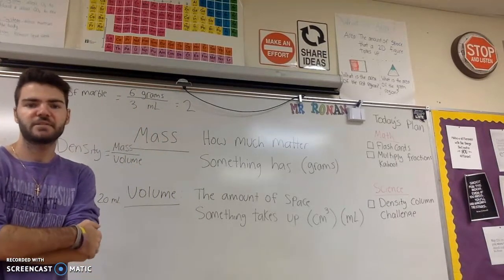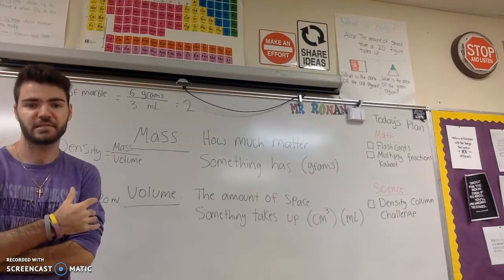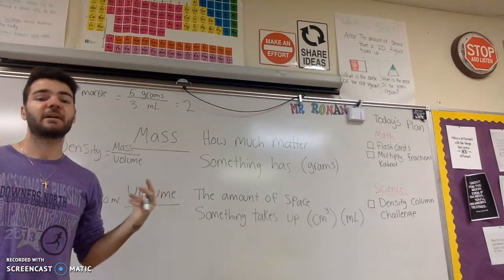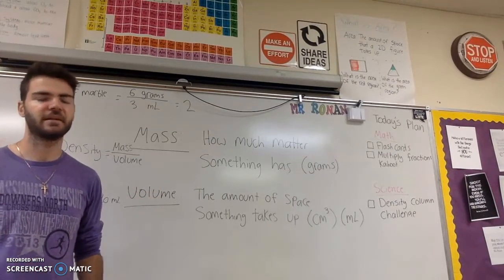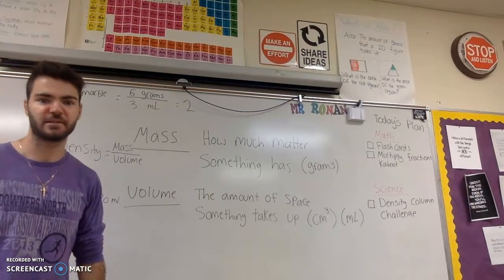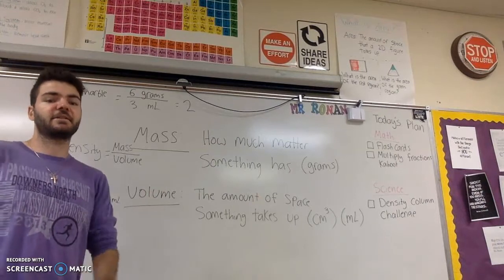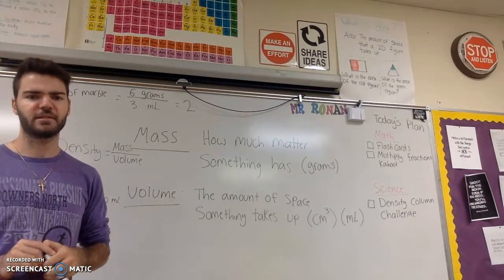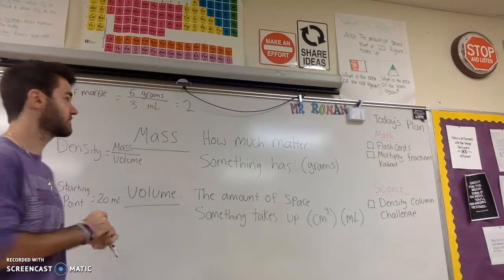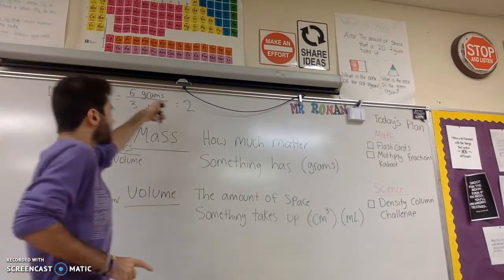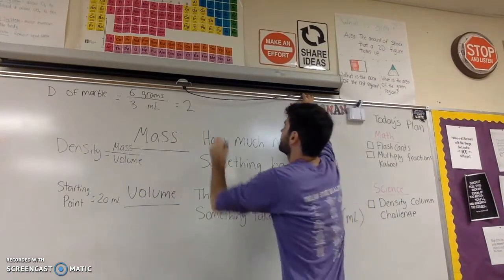So our density is 2, but that's not an acceptable answer because in this class, we want to have units, okay? So if you ask me how much I weigh and I say 14, it doesn't mean anything, right? What am I talking about? Kilograms? Am I talking about grams? Am I talking about pounds? Am I talking about ounces? I mean, honestly, none of those units make sense if I say 14, but you get the idea, right? There's different units for all types of measures. So in this case, we're going to say our unit is 2 grams